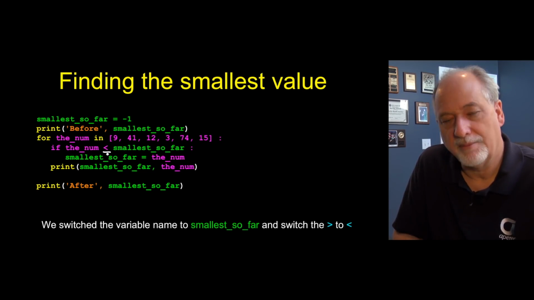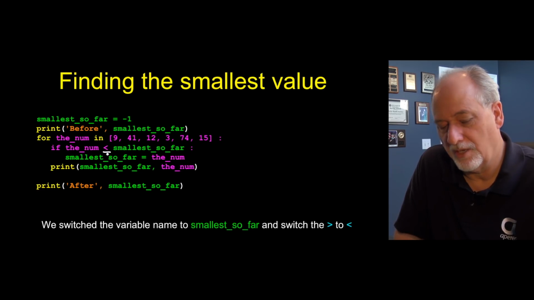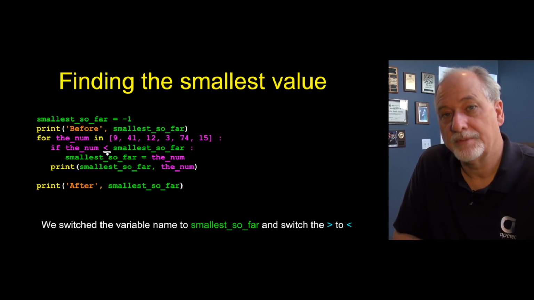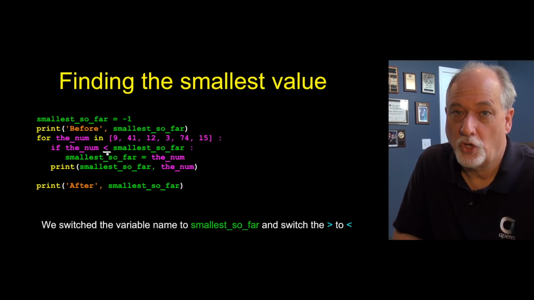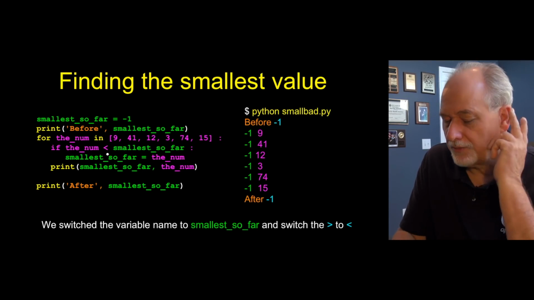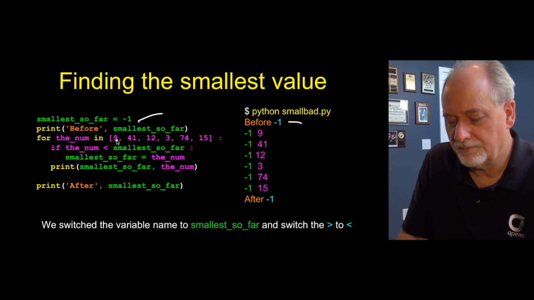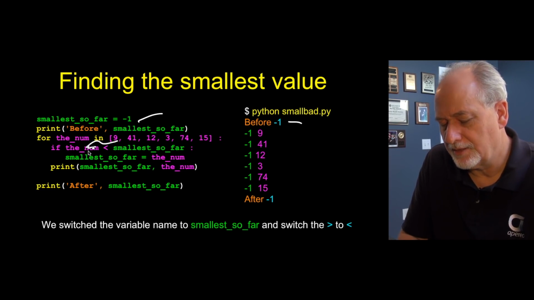I'll give you a second to look at it. Pause if you need. Is that going to find our smallest number? The answer is, of course, no, it's not. So if we run this code, we set the smallest so far to -1, and it starts out -1. We run it, and it's 9. Is 9 less than